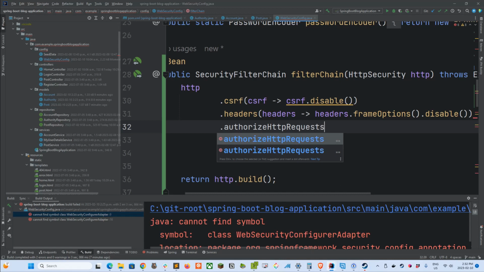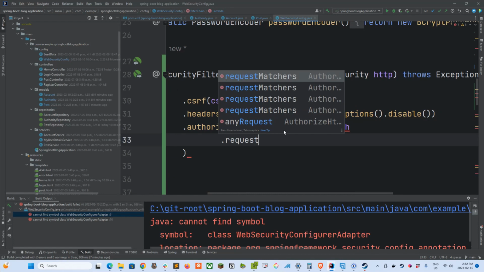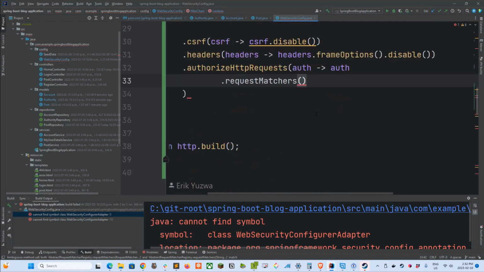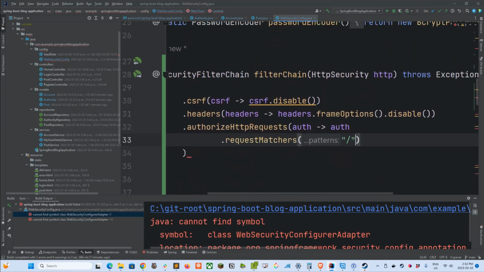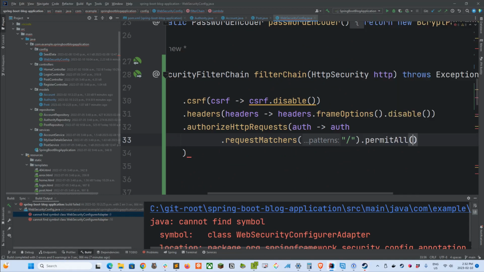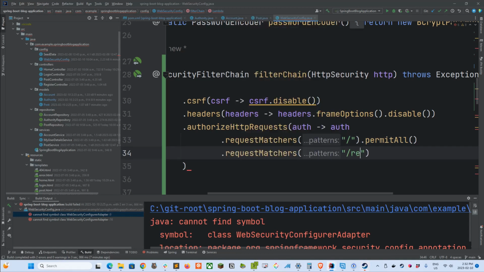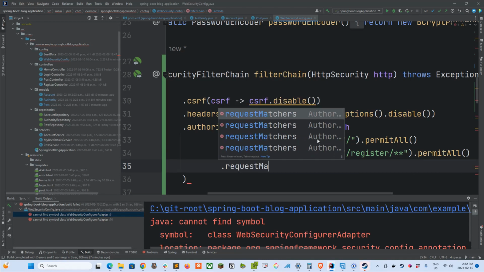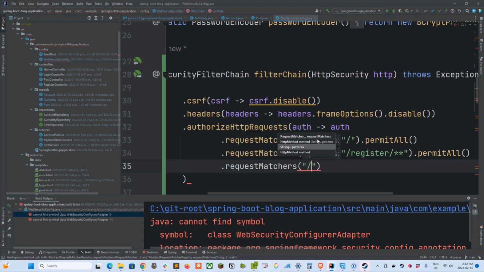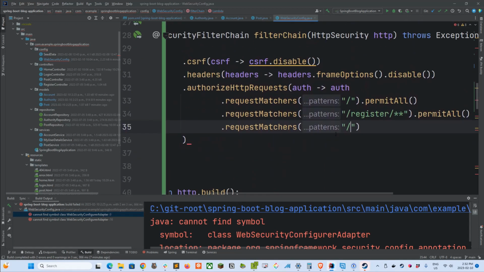So we can set up the same thing with the authorize HTTP requests configurer. Okay, so here what we can do is we'll take a request matchers. We'll first do the root path and a permit all. Okay, and then we'll do a request matchers and do, I believe it's register, and a permit all. And then we'll take a request matchers and, what's the other path here? Is it posts? Okay, so register and posts,